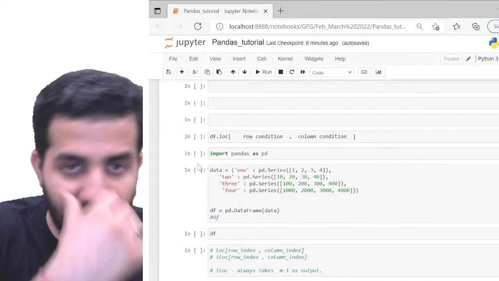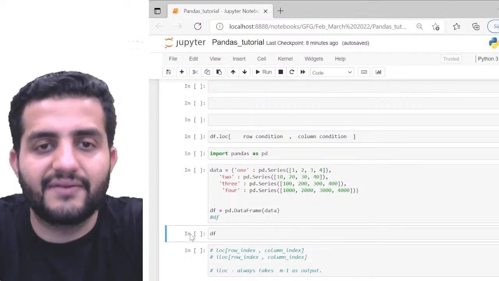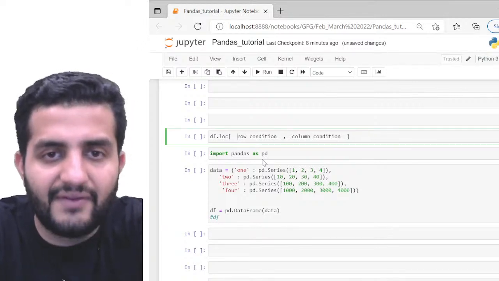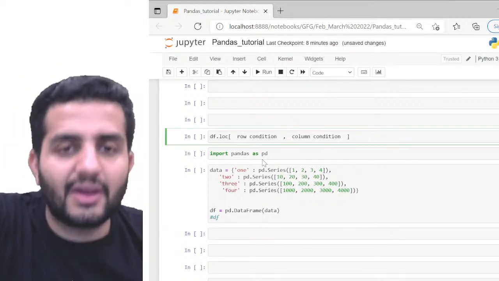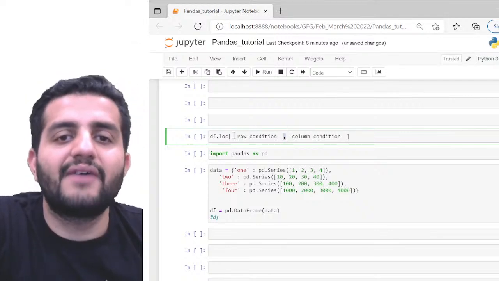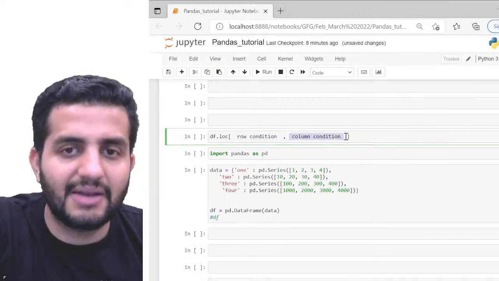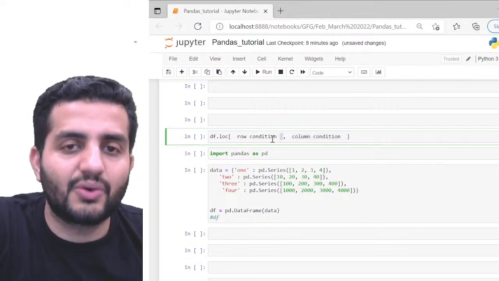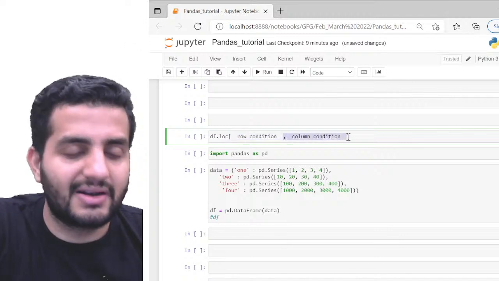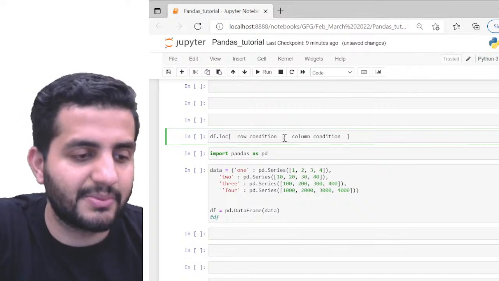As you know, we have df.loc and df.iloc. We need to understand the difference between loc and iloc, and I'll give you that. But before that, let's try to understand how it looks. We have both my rows and the columns. In loc or iloc, there is a comma in between. We have to specify the row condition as well as the column condition, so both are important. How are we going to specify that? The row condition will be a separate filter, and the column condition will be a separate filter, and these two things are separated by a comma. This comma is important.